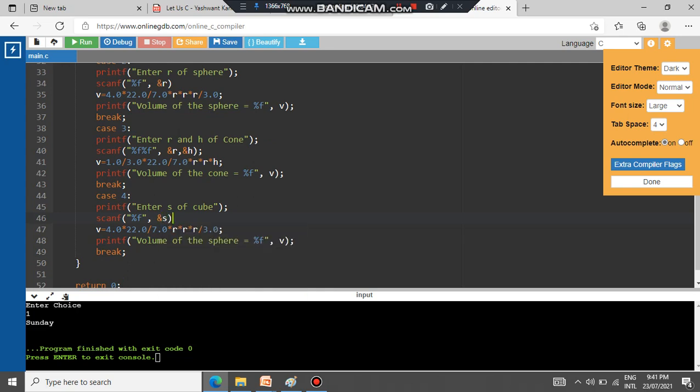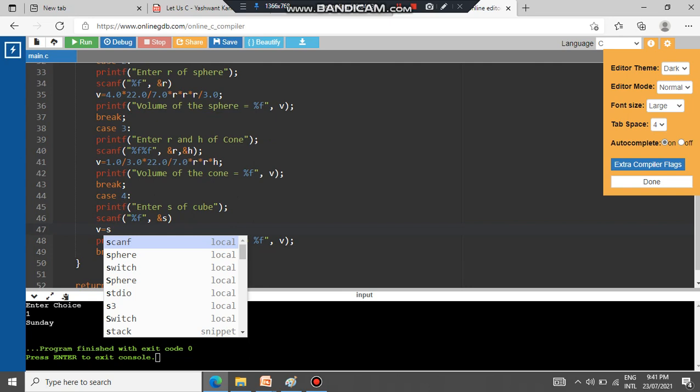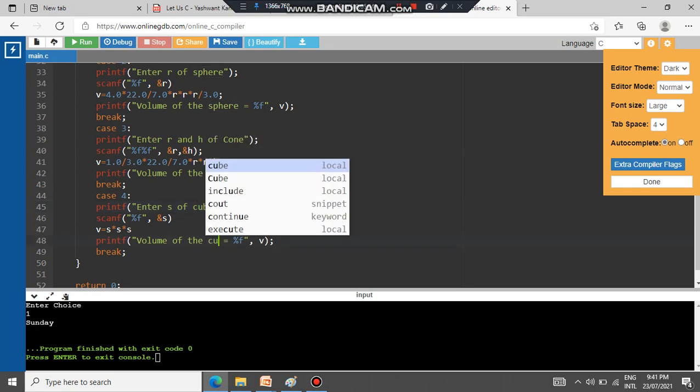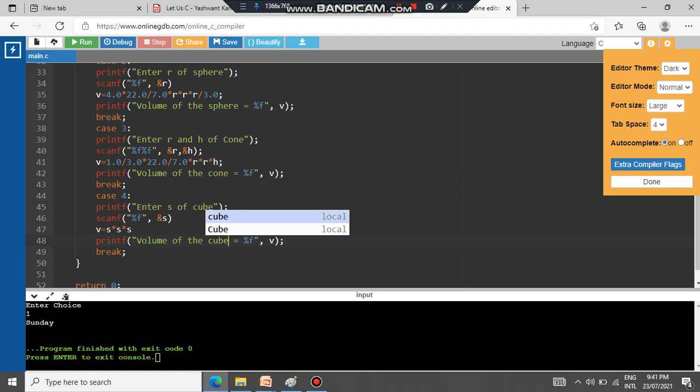We have already declared s. Then it is s into s into s, so V is equal to s into s into s. Okay, this is case number 4, and volume of cube is this one. And the last one is case 5.